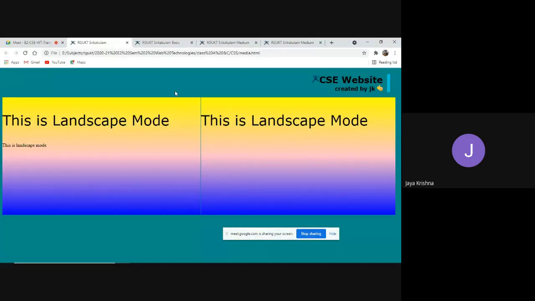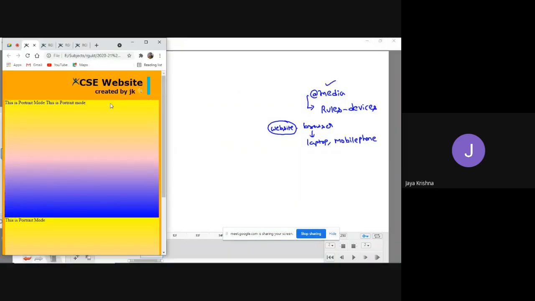As I have opened this website on a laptop, it is showing that this is landscape mode. Landscape mode means if the width of the browser is larger than the height of the browser, then we call it landscape mode. If I try to minimize, it is going to convert to portrait mode. Portrait mode means the width of the website is smaller than the height, then we call it portrait mode.